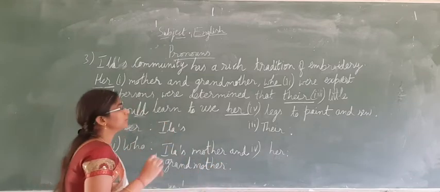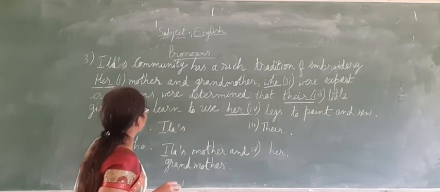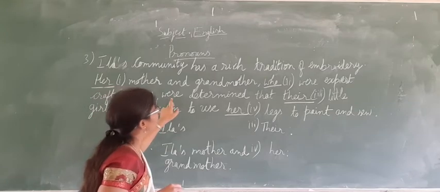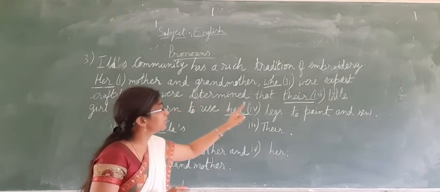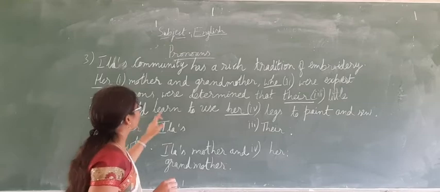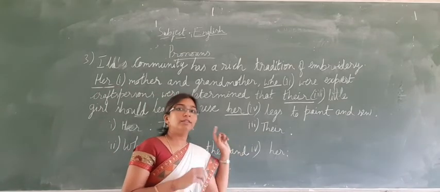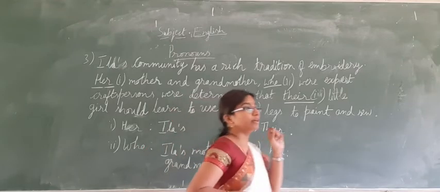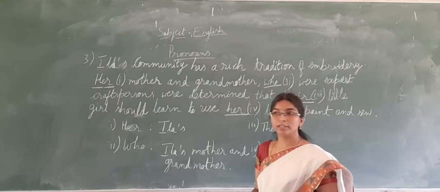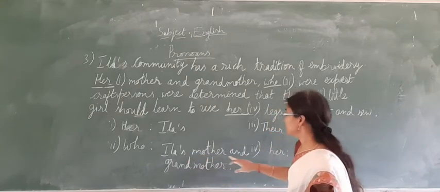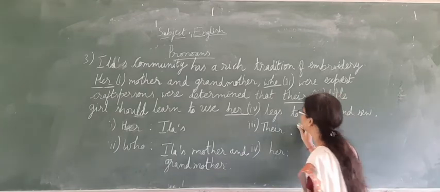Okay. The third pronoun. Were expert craftspersons. They were determined that their little girl should learn to use her legs to paint and sing. They, whose little girl? Ila's mother and grandmother's little girl. So they are Ila's